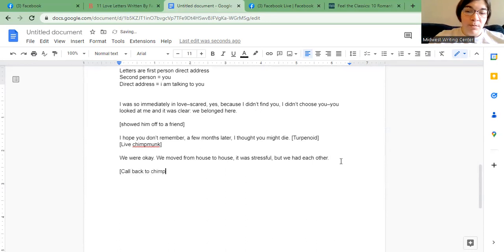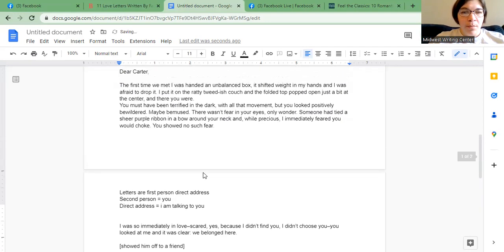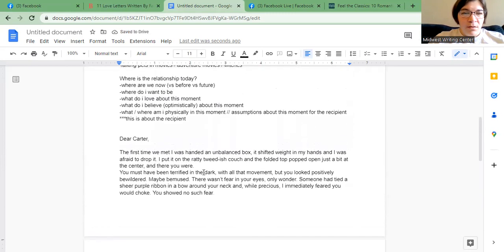Call back to chipmunk, not chimpmunk, that's the kind of animal I have never seen before. It's a joke, a rodent monkey combo. Call back to chipmunk with the sock hunting, and then